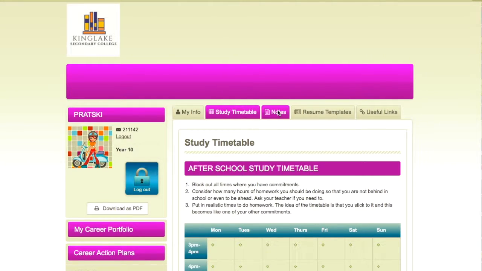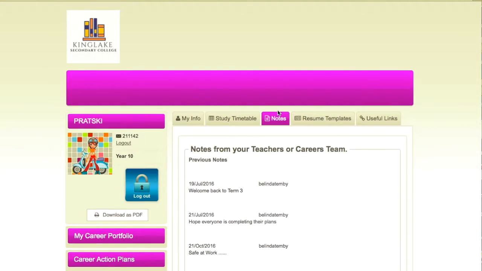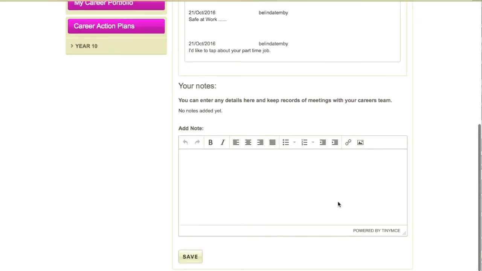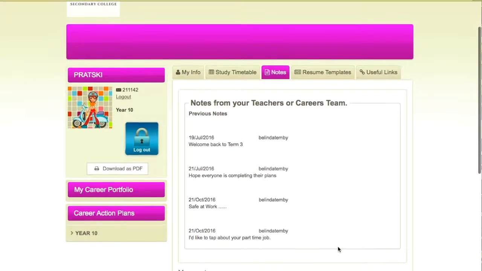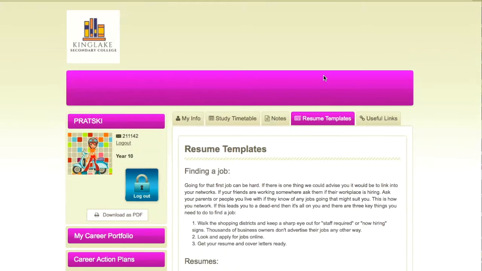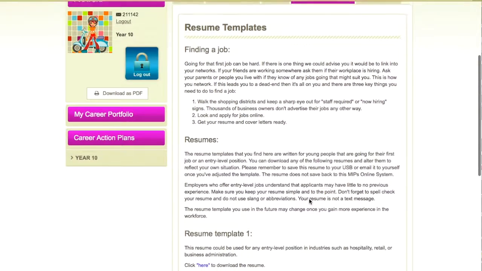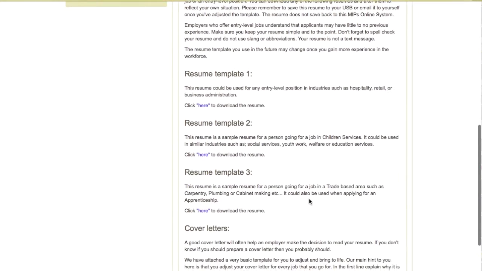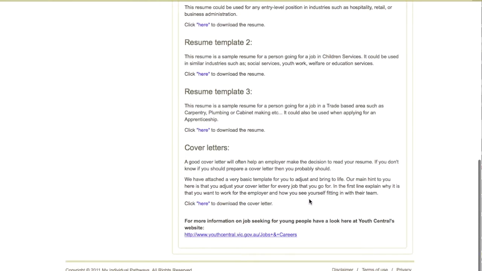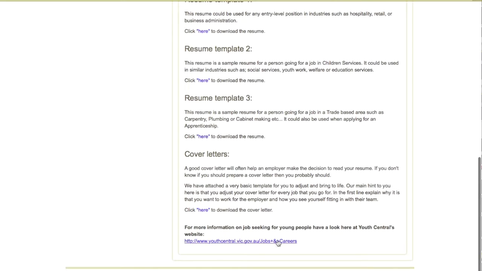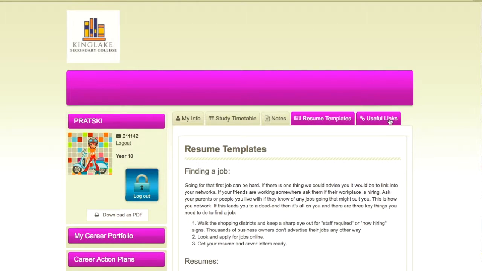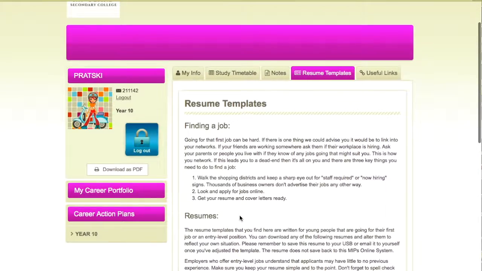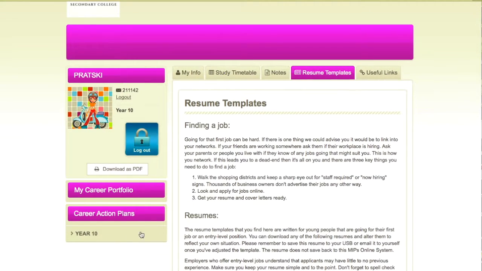There is a note section, and this is where the student can make their own notes, or they can read the notes from the teacher or careers team that you've placed on their account. Then we've got a resume templates area, so we have information about finding jobs, 3 resumes to choose from, and a cover letter to download as well, and some useful links there. We do have a useful links area as well,